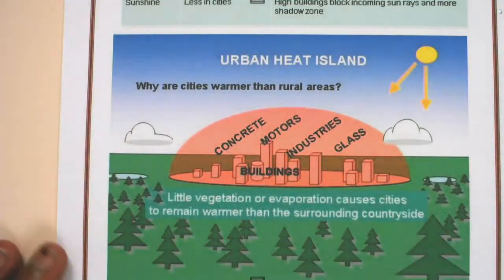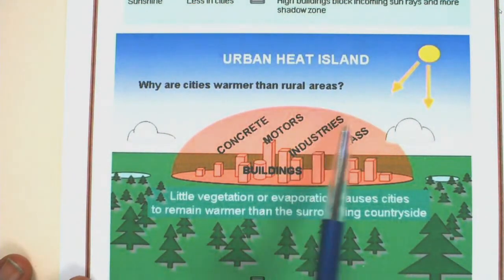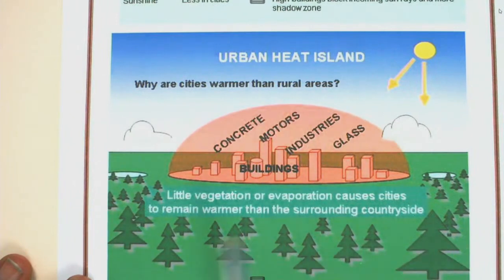So, urban heat island. Why are cities warmer than rural areas? Because the city generates its own heat. Little vegetation or evaporation cause cities to remain warmer than the surrounding countryside. Right. So I think with climate and weather, we have done some justice. Let us move to